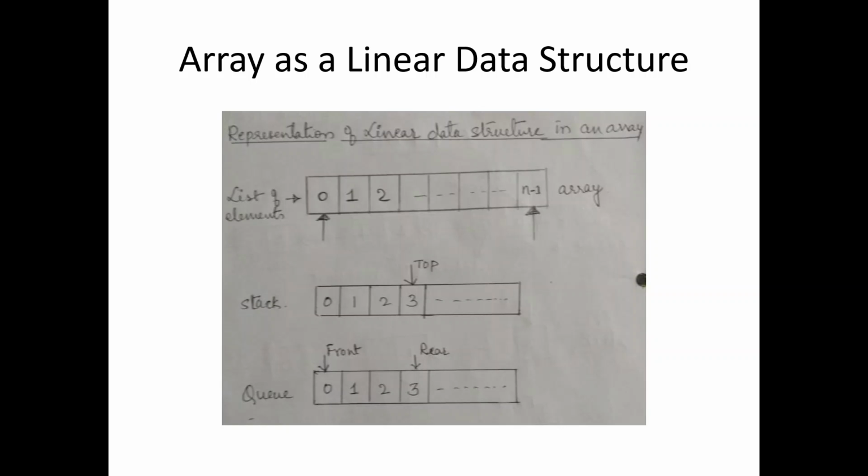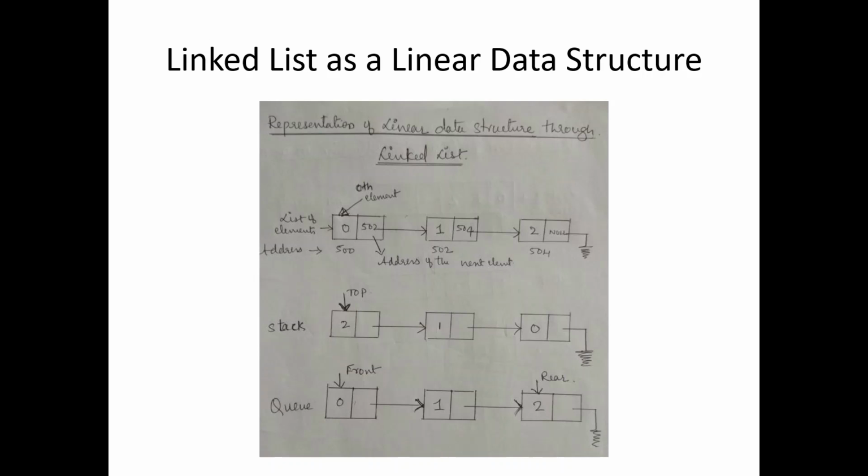Then coming to the queue as a linear array data structure. So here we are following queue, that is first in first out, that is front and rear you are using, that is the technical term here for inserting the elements. So again it is represented in the form of array, that is in sequential form. So all these details you will study one by one in different chapters, in the coming videos. Next, coming to linked list as a linear data structure.